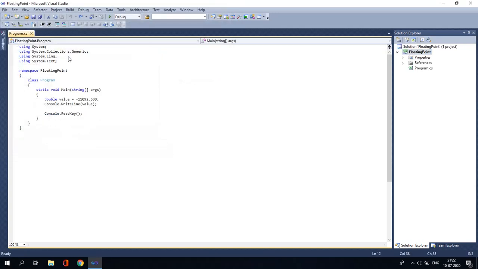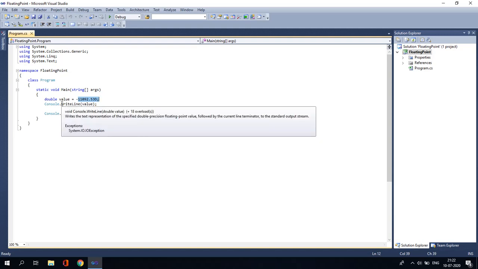So floating point, these data types hold floating point values, like numbers containing decimal values are included. For example 12.36, minus 92.17 maybe. The thing is again the same, if you have a double you have to represent it with capital D or small d at the end.